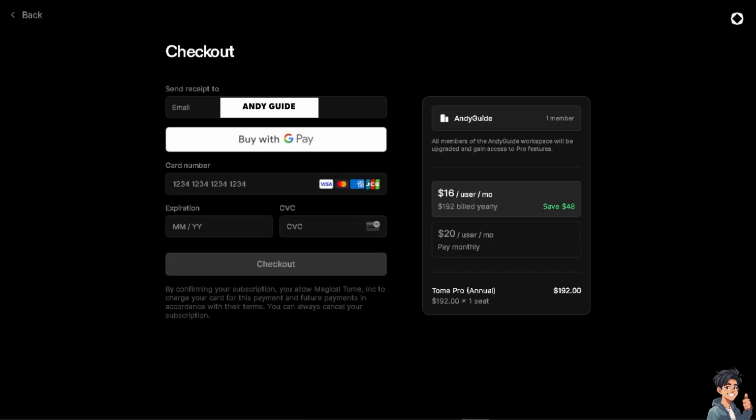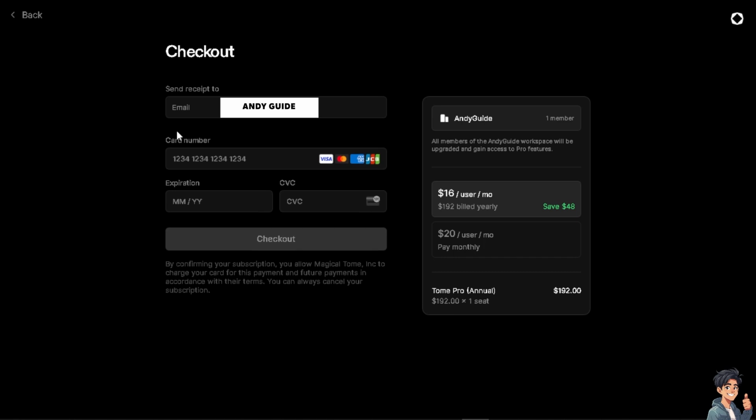And if you wanted to get Tome Pro, all I have to do is click on the button here. And after that, it's a very straightforward process because you can pay with Google Pay. You can pay with these platforms for Visa, American Express, and a lot more. And once you're happy with that, all I have to do is click on checkout, and you would be able to export and save presentations in Tome